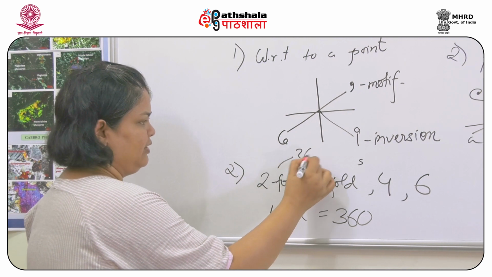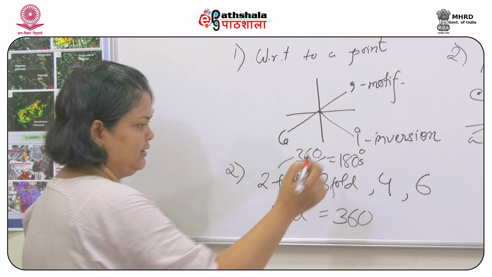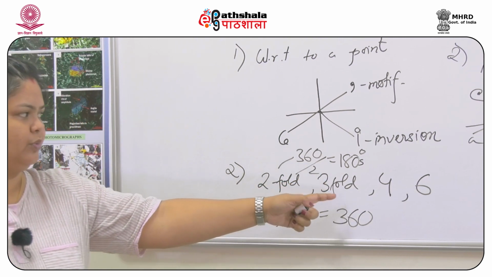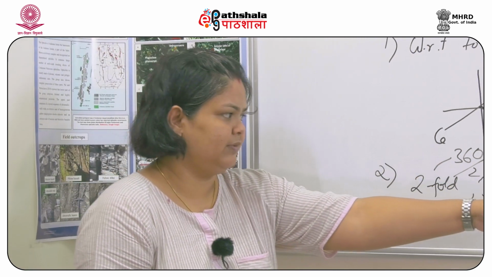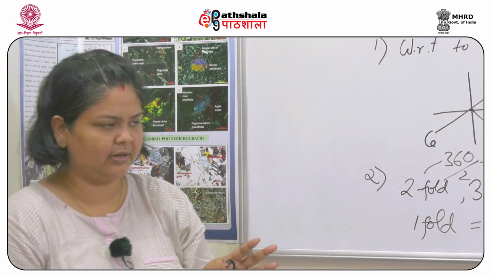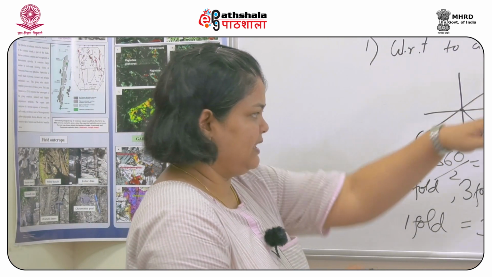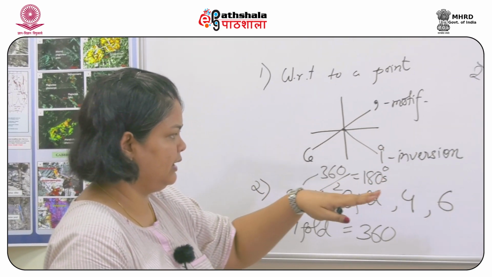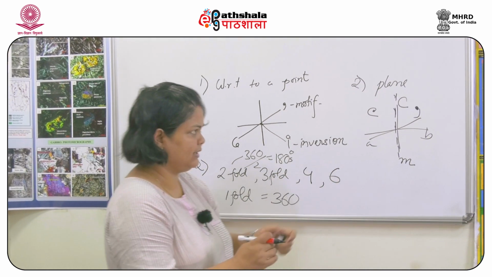For two-fold, it is 360 degrees divided by 2, that is, two rotations each of 180 degrees. For three-fold, we have a rotation of 120 degrees each. For four-fold, a rotation of 90 degrees each, and for six-fold, a rotation of 60 degrees each. Apart from these three symmetry elements, we have another symmetry element called the